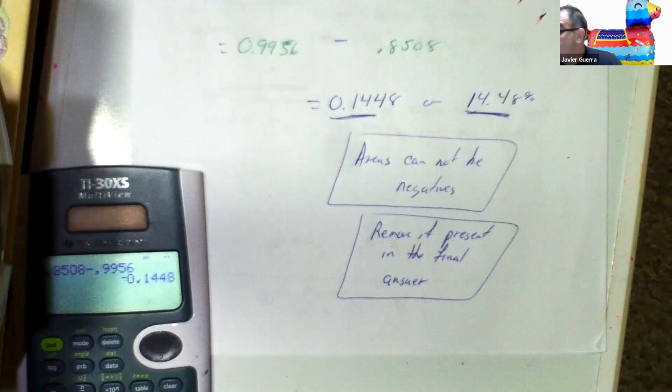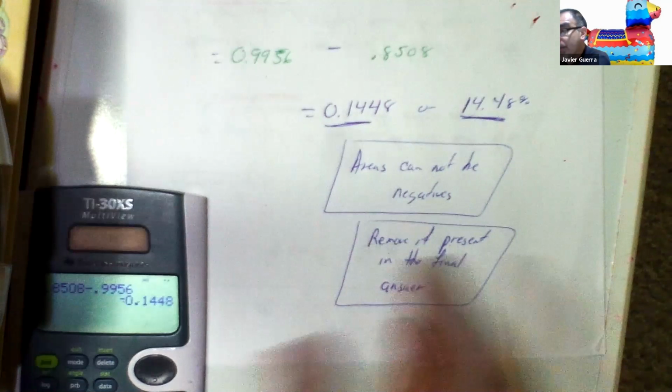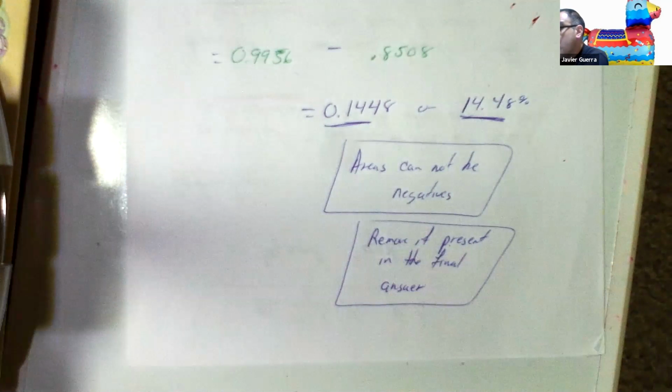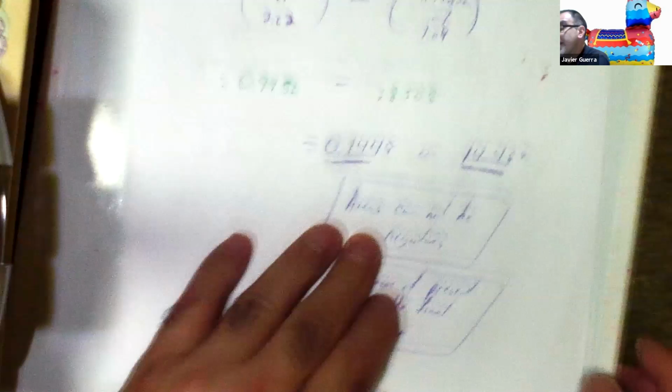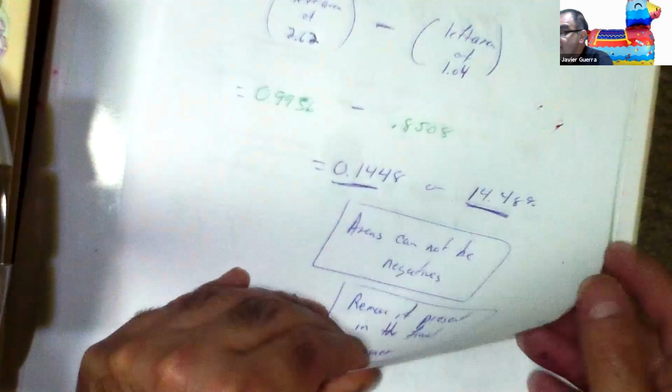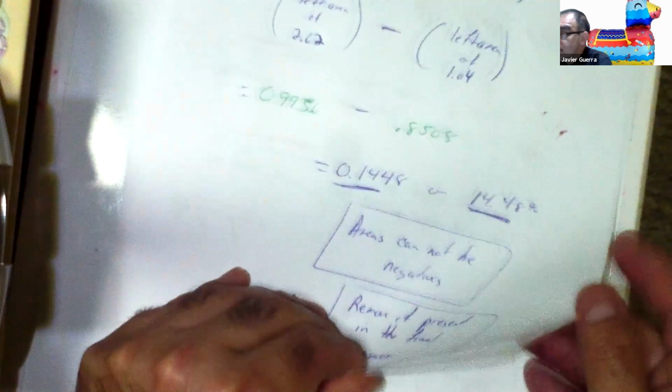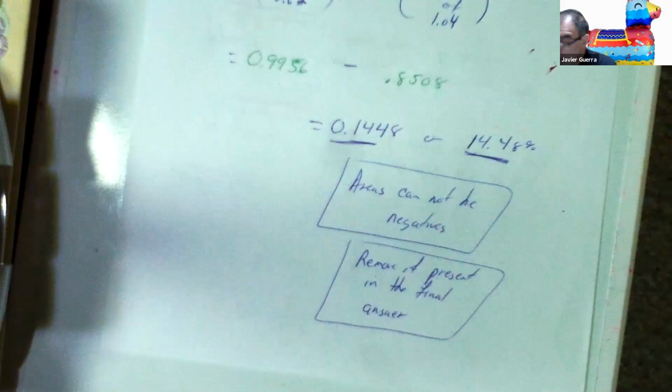Does anyone want to give me some numbers? I'm running out of numbers. I can't think of any numbers off the top of my head. Let's do, find the probability of